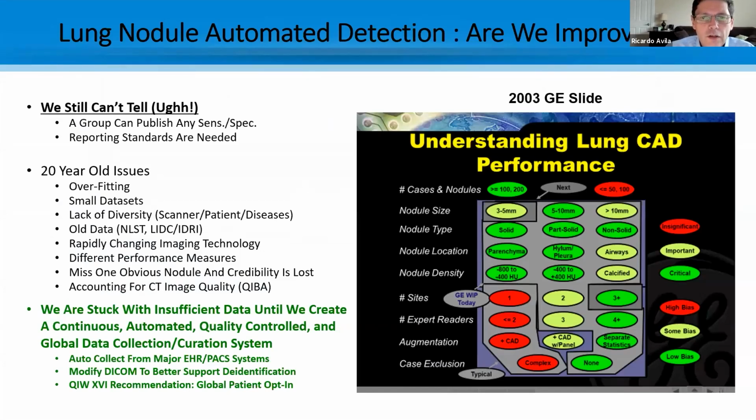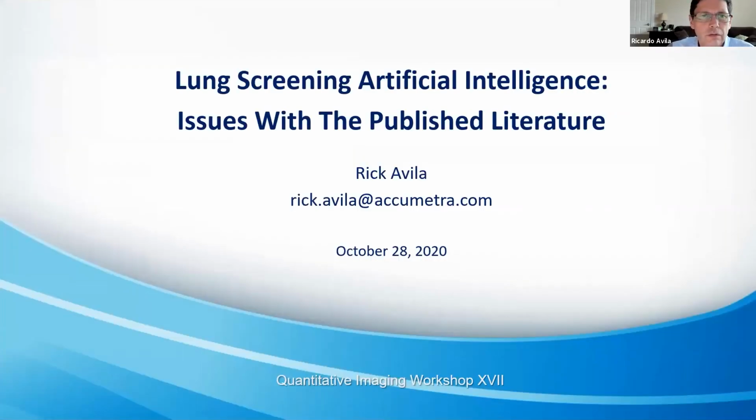So one of the questions that's been haunting us for a while now is, are we improving in terms of detecting lung nodules within CT scans, CT screening scans, for example? And the bottom line, unfortunately, is that it's very hard to tell. I think we are improving, but there are a lot of things getting in the way of making that declaration definitively. So to help you understand why I say this, I'll go back to a slide I created back when I was leading GE's,